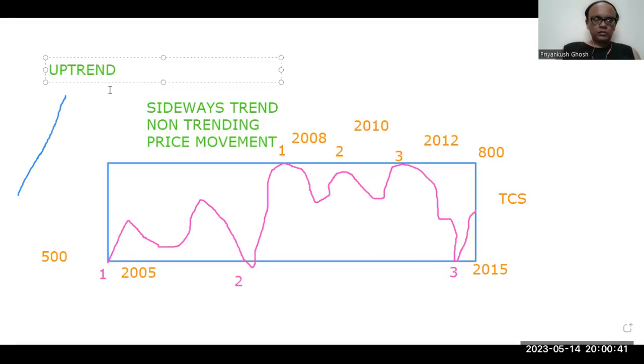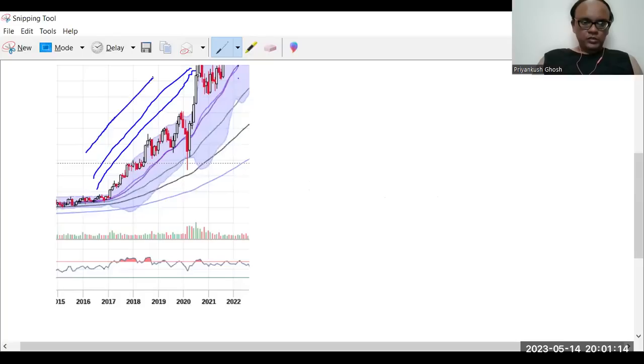अप ट्रेंड, राइट। तो इसका भी कलर मैं चेंज कर देता हूँ। अप ट्रेंड, राइट। तो ये अप ट्रेंड है रिलायंस का चार्ट में। ये जो स्निपिंग टूल में हम लोग ने ये जो चीज दिखाया है ब्लू लाइन में, दिस इज अप ट्रेंड,